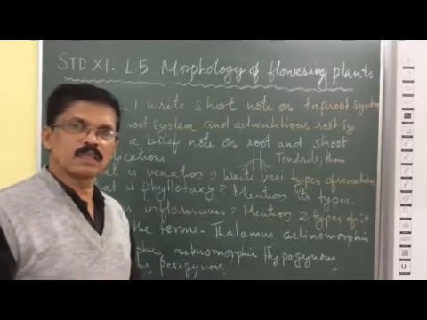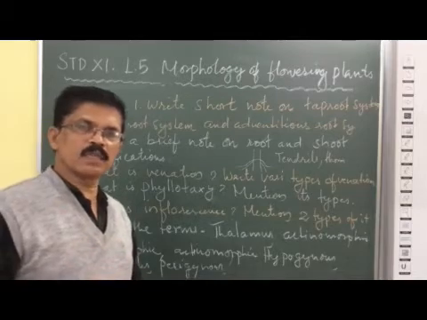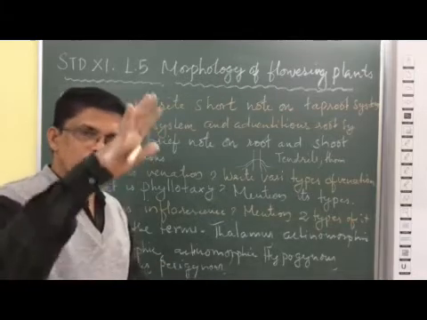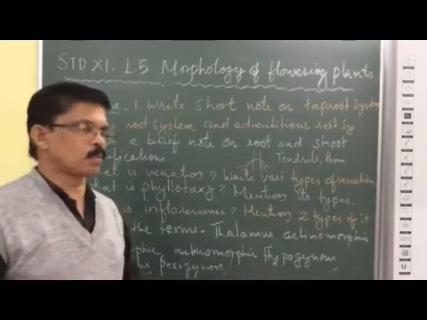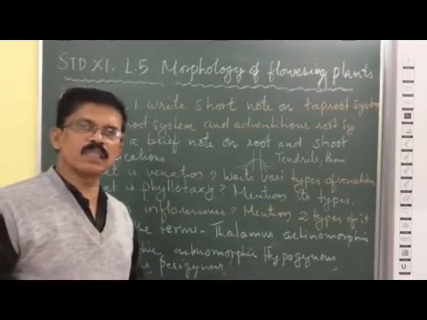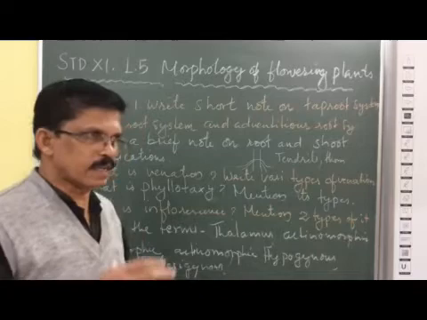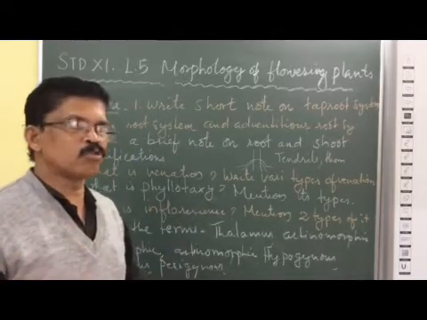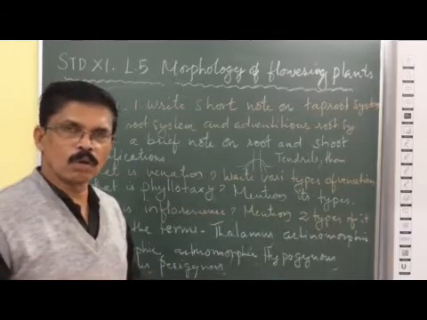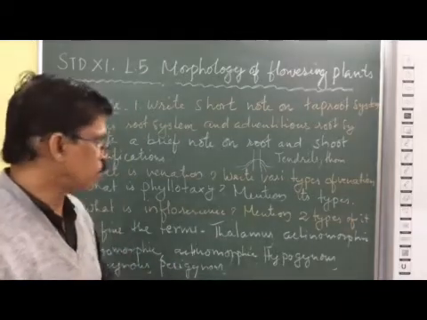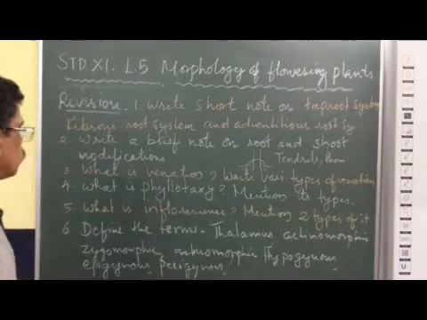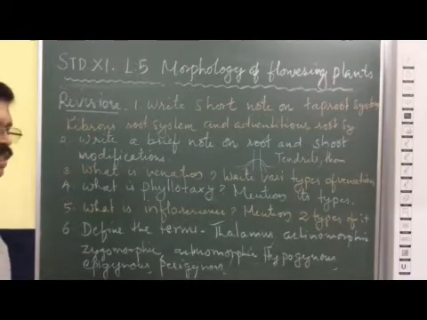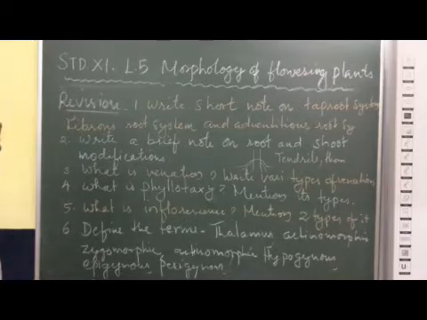In parallel venation, the veins are arranged parallel to each other, as in monocot plants, whereas in reticulate venation, the veins are arranged in a network form. Examples are the banyan tree, mango leaves, or Artocarpus leaves. You have to remember parallel venation and reticulate venation.